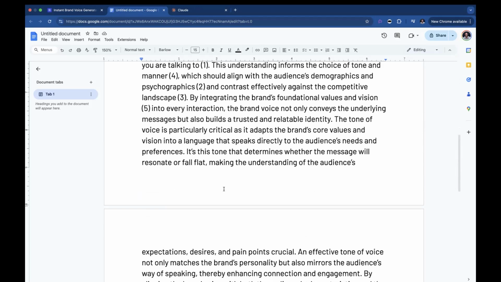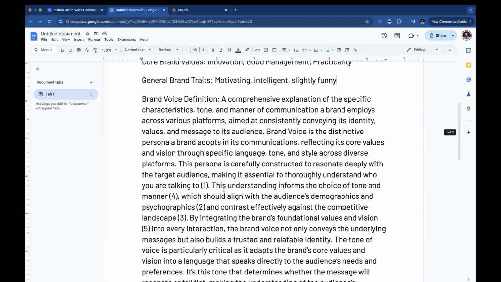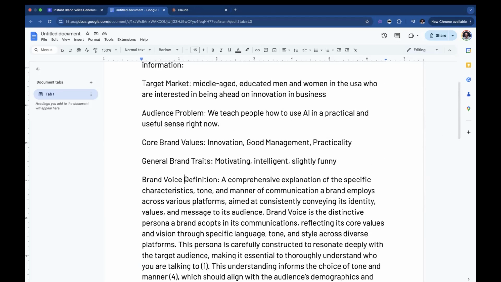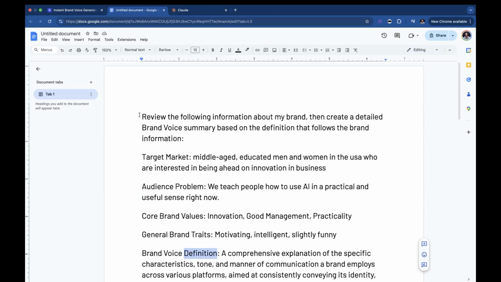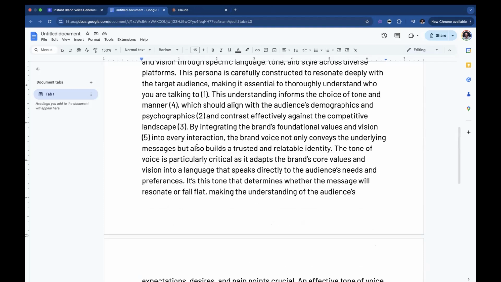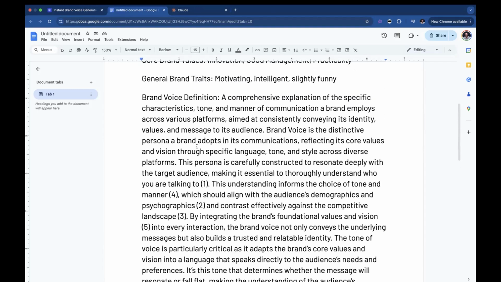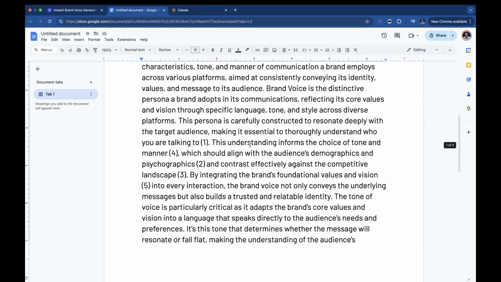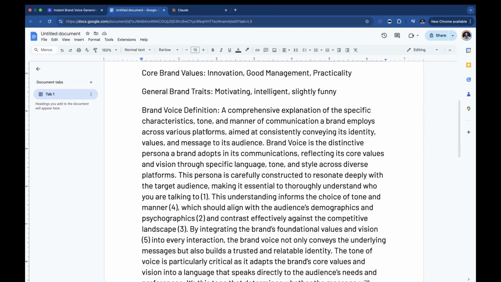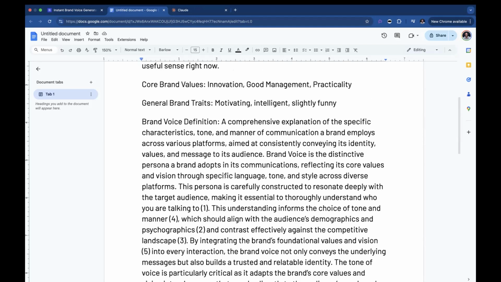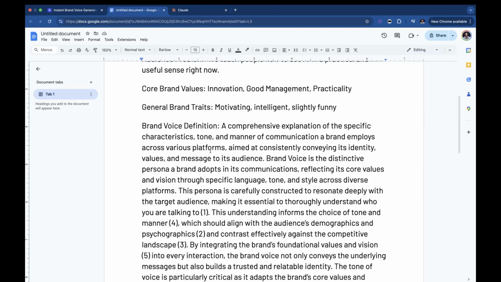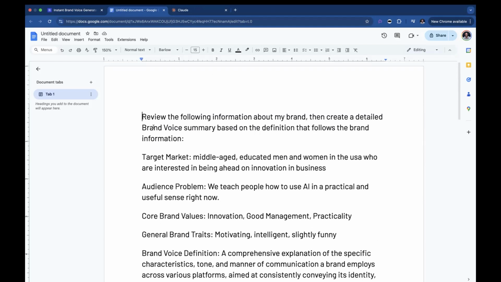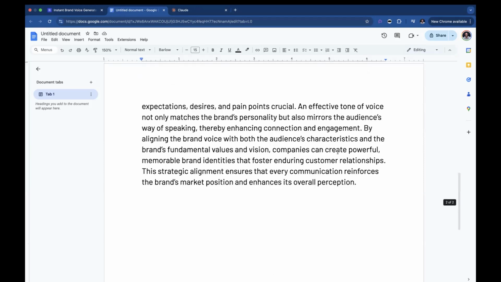Now, just like most of our GPTs that we develop here at the Academy, we always do the definition. The reason why you do want to do the definition in everything, even these little prompts, is because if you don't, it'll give you a different answer. So this is our definition for brand voice at the Academy. You can see it's pretty comprehensive, just for a small word, but we think it's necessary to give you the best possible result. I'll go ahead and link to the full definition if you want to check that out. I'm not going to read the whole thing here.